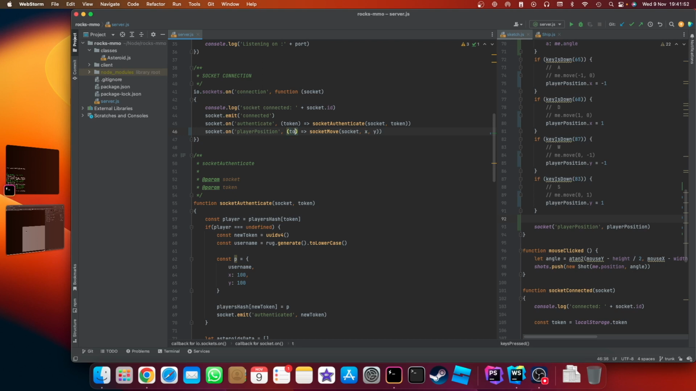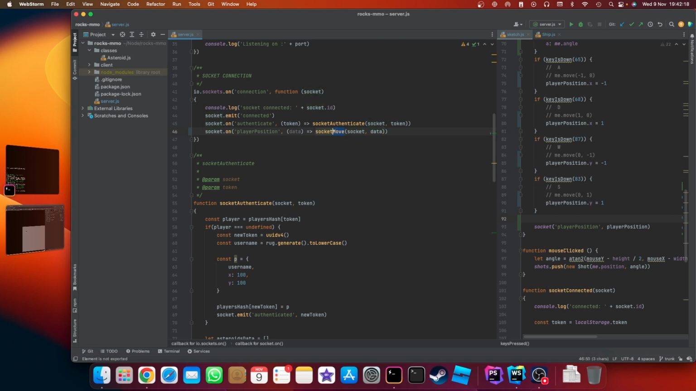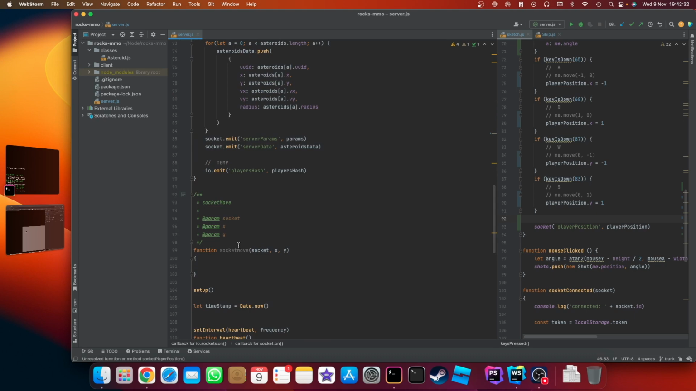Now, oh yeah, we need to pass the token to authenticate who we are each time. So token and let's just say data. We'll come back to the token in a moment. So we're going to pass the socket and data to the socket player position. Okay, so let's go down to this function move, which we're no longer using,